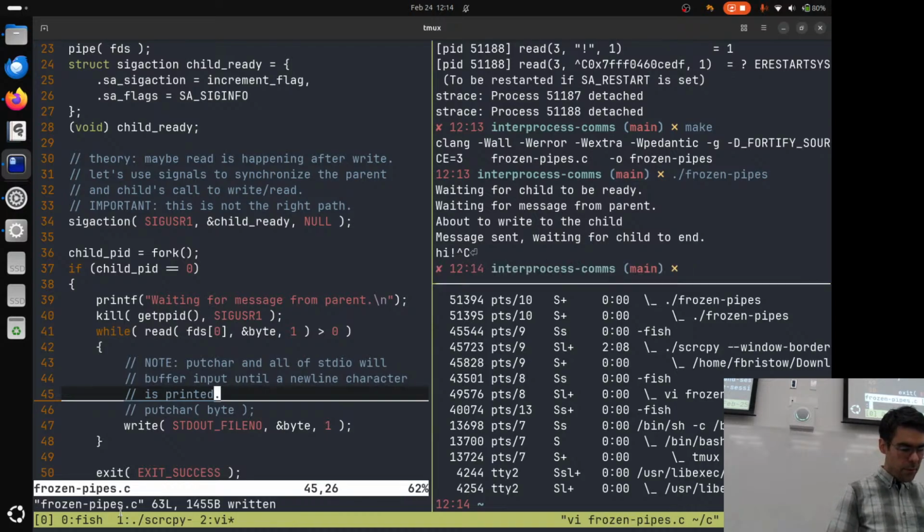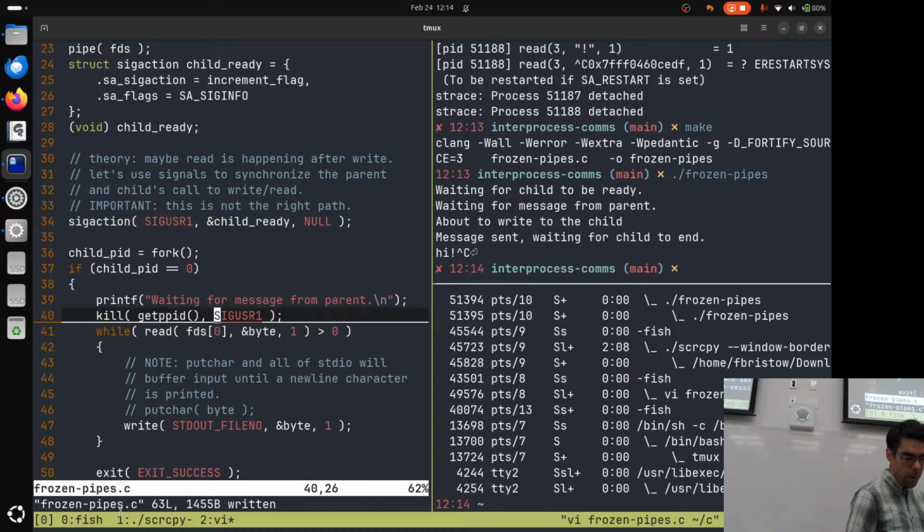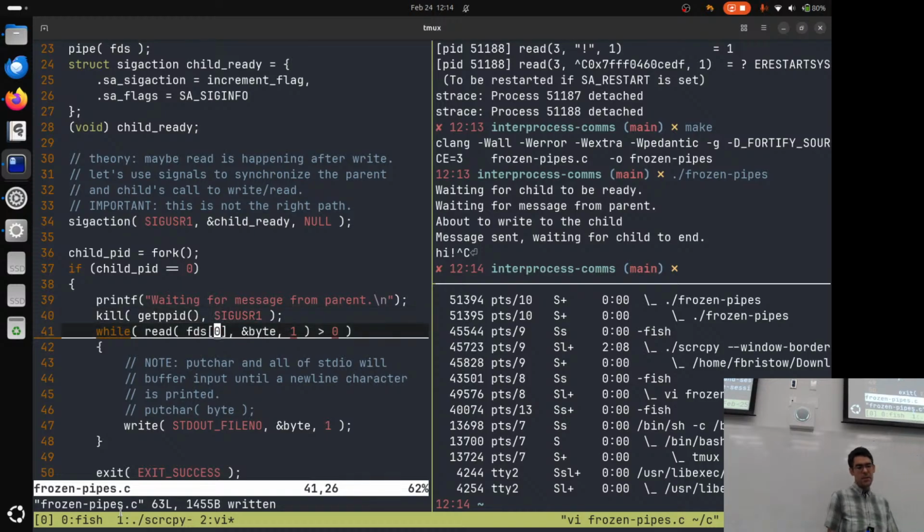The problem that we've got right now is that read here on line 41 in our child process will block while there is any write end open to the pipe. It's going to stop and it's going to wait here. If anybody could possibly write to the write end of this pipe, I have to wait around until nobody is left to write to that write end of the pipe.